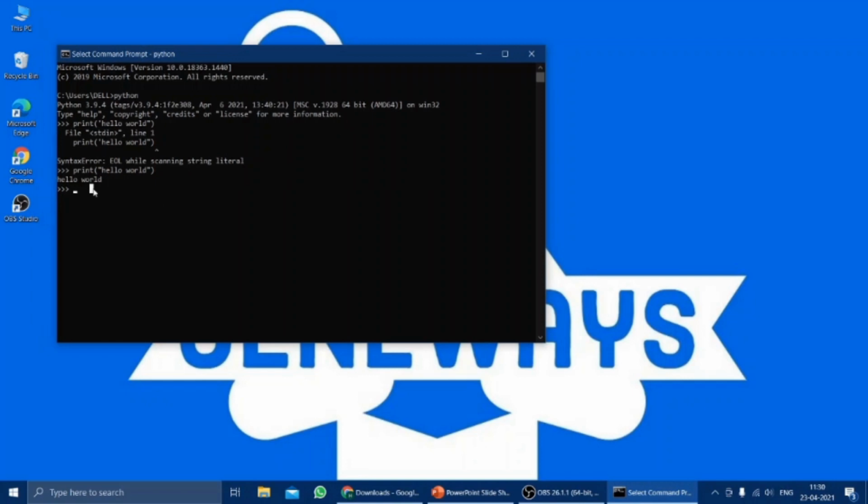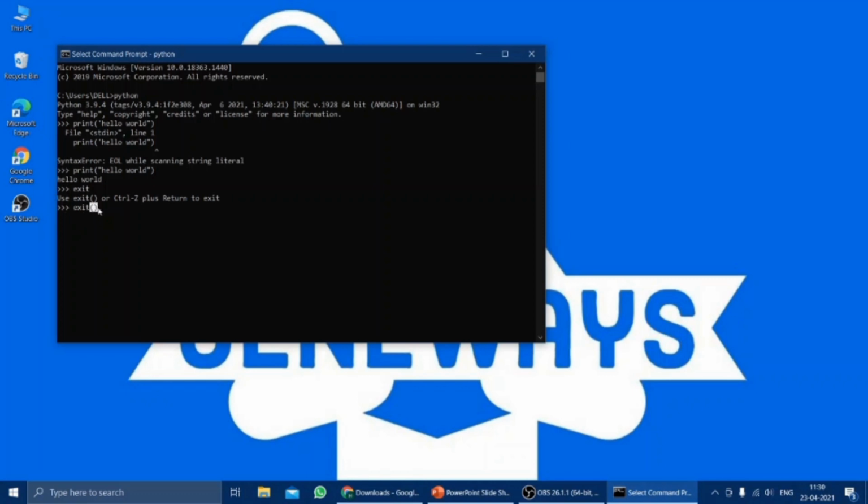So if you want to exit, simply type exit. But by simply typing exit, it does not exit the screen. You can use Ctrl Z, or you can enter exit followed by the parenthesis. This is called parenthesis.